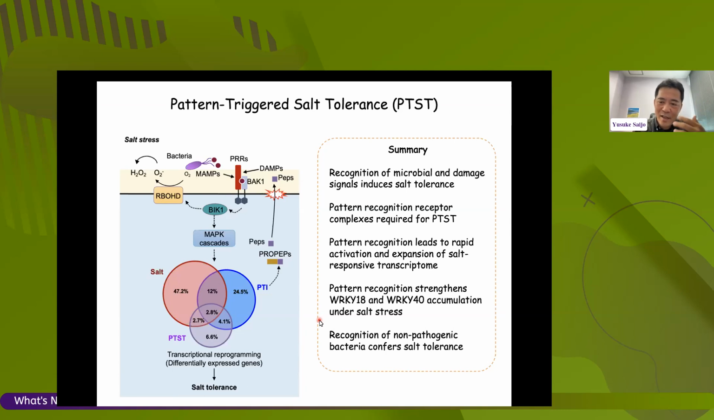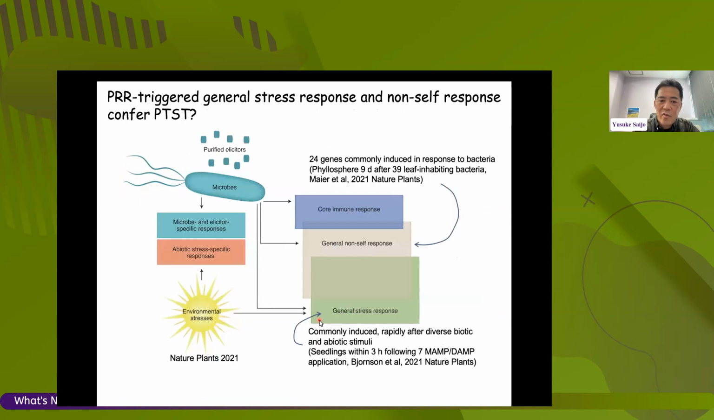to stimulate discussions after this. Okay, so please stay with me. First, when we talk about this story, some of you may be wondering, oh, this may be similar to the so-called general stress response, which has been elegantly revisited and shown in these two papers published in Nature Plants last year. So one setting used 24 genes, setting 39 leaf inhabiting commensal bacteria, and they found